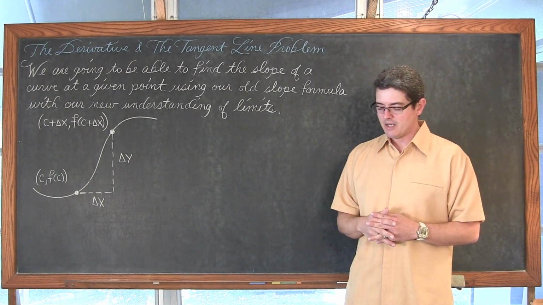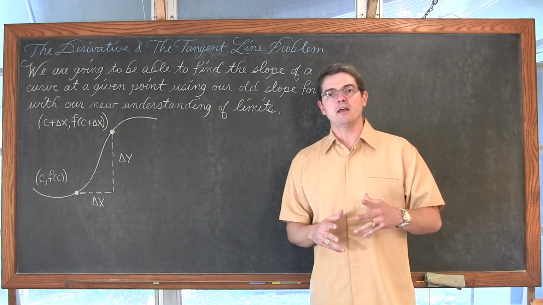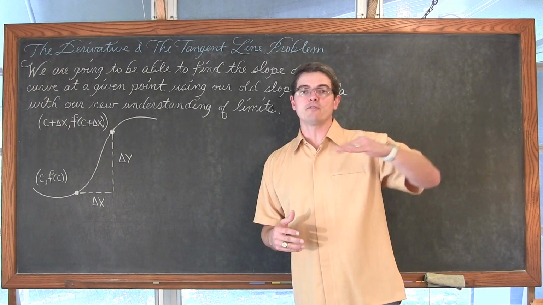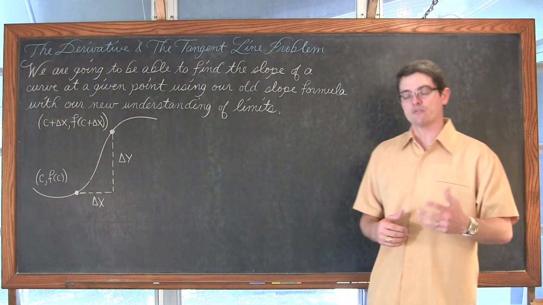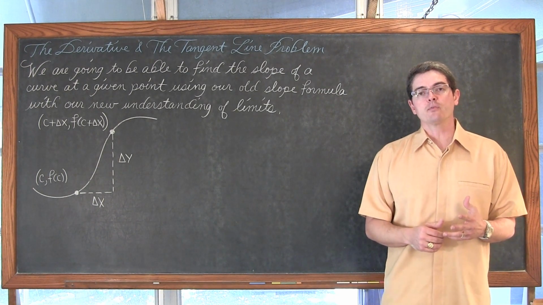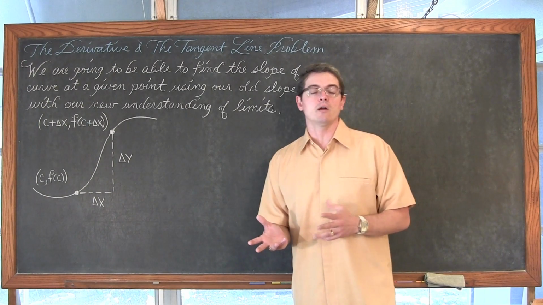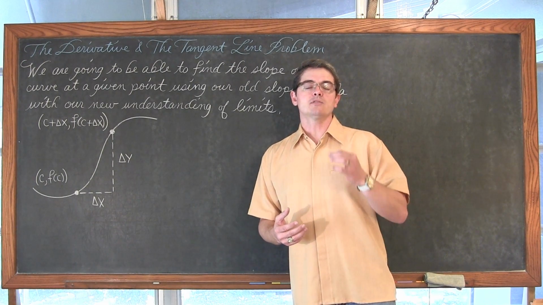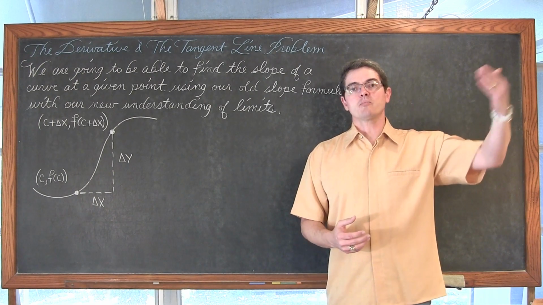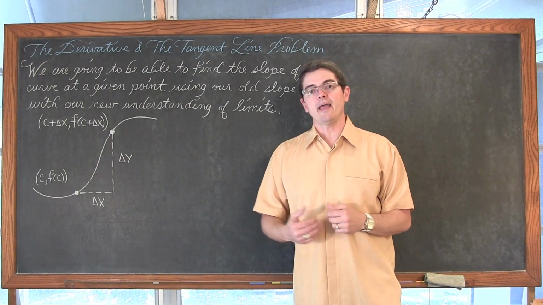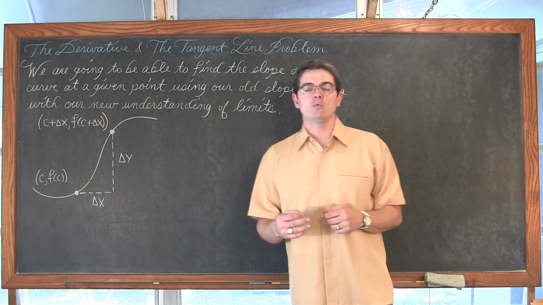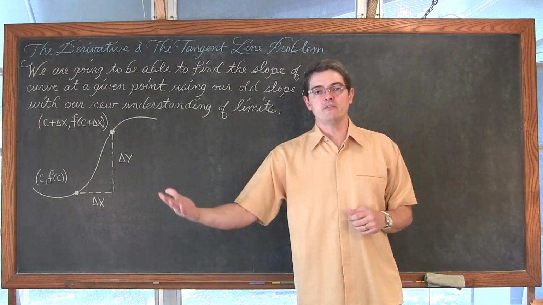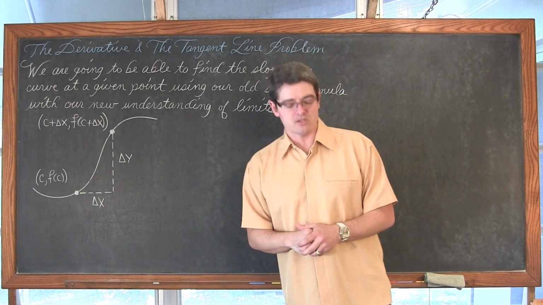We'll be looking at that as we try and find the derivative of a floor function or a step function, the greatest integer function. We're also going to be working through examples near the end of the video where I help you find the tangent line to a curve that goes through another point not on the curve itself, and a tangent line which is parallel to a given tangent line.